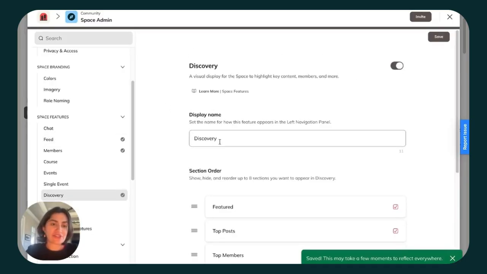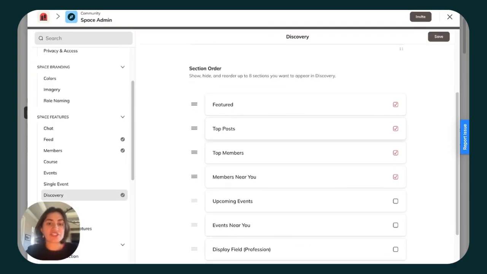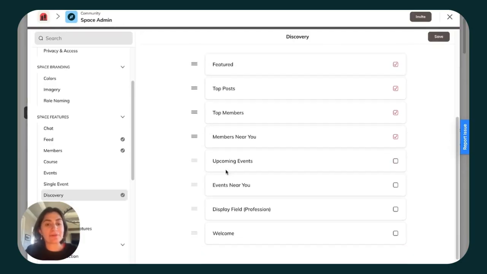Just like all other space features, you can go ahead and change the display name if you'd like. Then you select which sections appear in the discovery. You've got some great options like your featured section, posts that you've added to feature or pin in your space, top posts, content that gets the most engagement, top members, your members that are the most engaged and active, members near you if you've turned on the location feature in your Mighty network, upcoming events that are happening soon, events near you if you've got events that are at specific locations, display field based on your custom field, or your